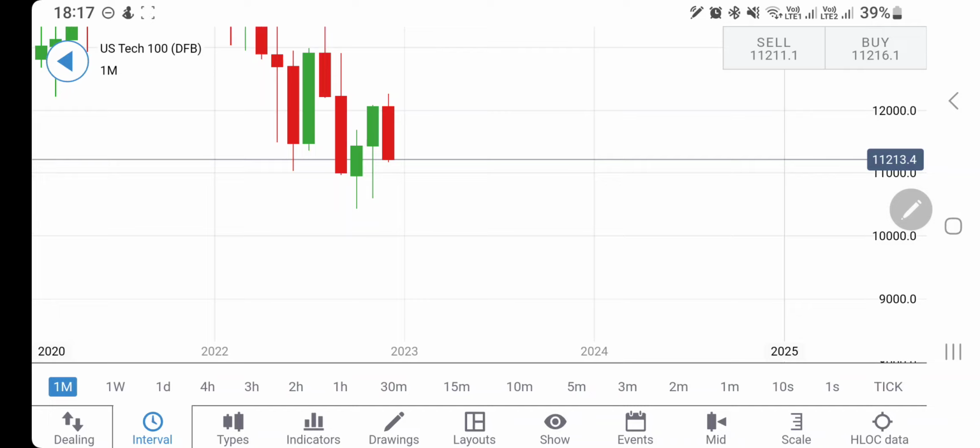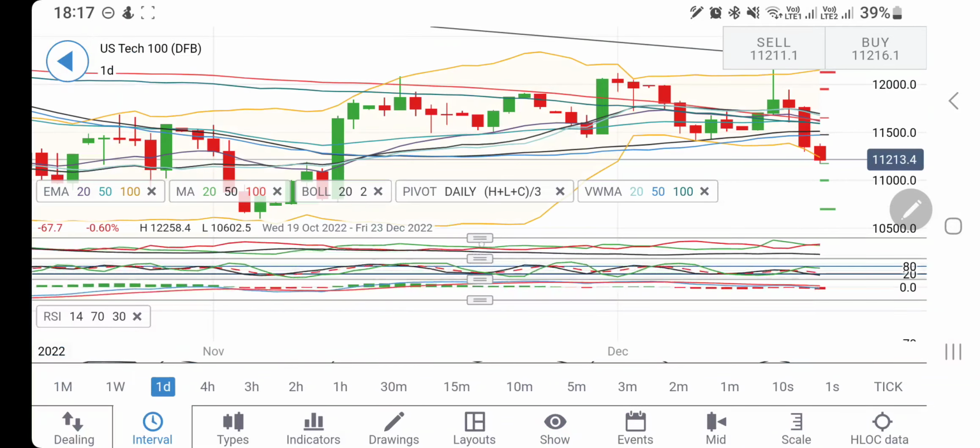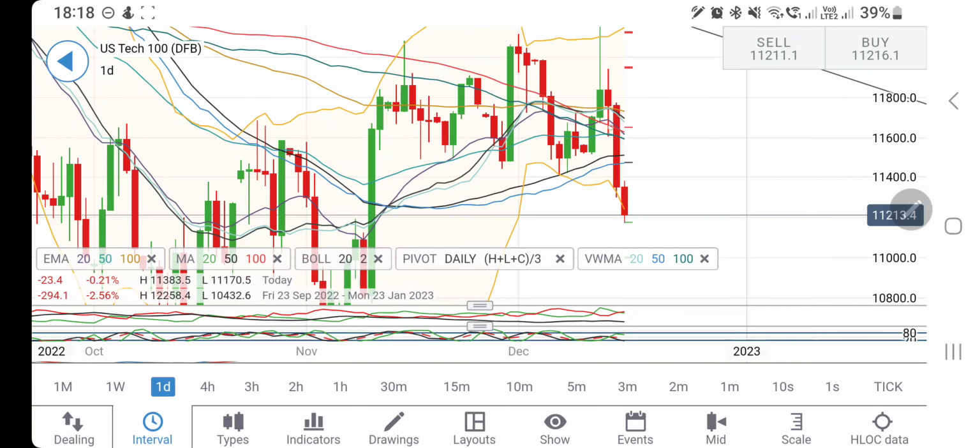Now at any point of time next week, if you see it trading above 11,400, 500, certainly you can expect a little more pullback, and then it may try to close the month somewhere here at 11,800, 12,000 levels. Now let's have a look at the indicators. What are the indicators suggesting here? Indicators on the daily charts are trading below the 20, 50 and 100 period moving averages. Previously we have seen the moving averages converge on the buy side. Right now it is trying to trade with a top.